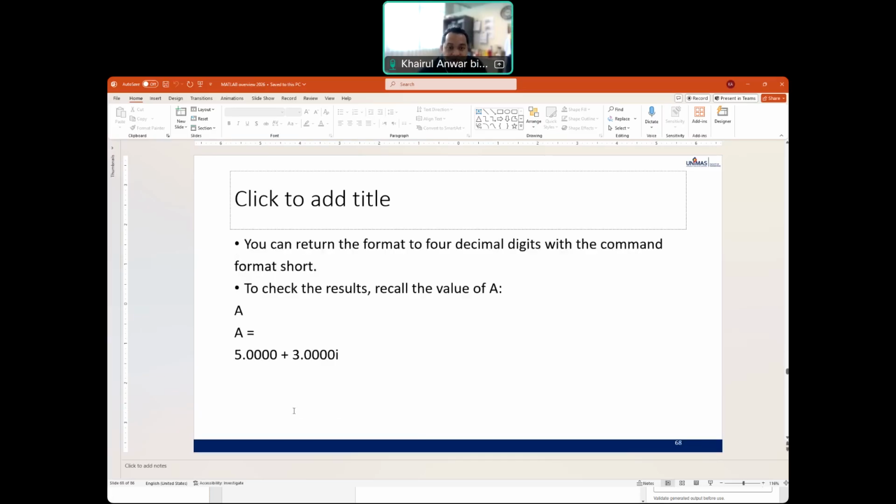you can return the format to 4 decimal digits with the command format short. So to check the result, recall the value of A. So A, okay. Now that you changed the format to format short, the decimal turns to the default, meaning it's 4 decimal